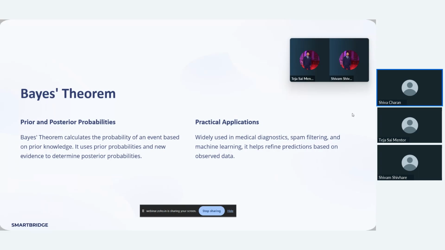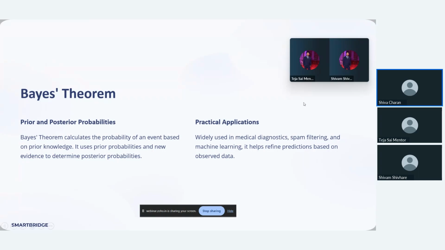It means calculating the probability of an event occurring. Let's say I will be calculating the probability of whether it will rain tomorrow or not, and I will be calculating based on the previous data. Previous data is nothing but the prior observations. Or, if you want it clearly, I can say previous observations also.